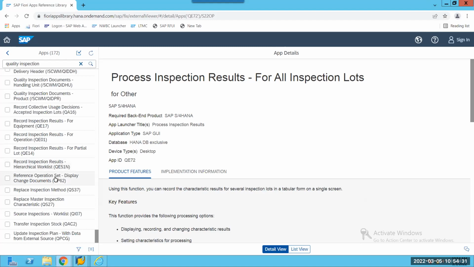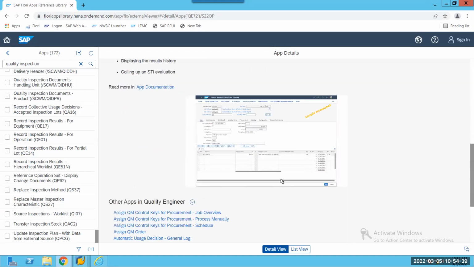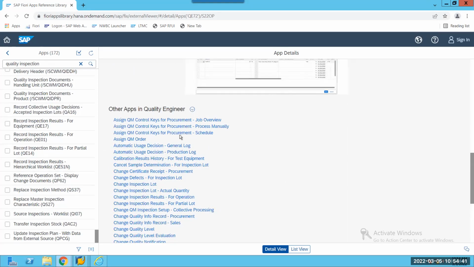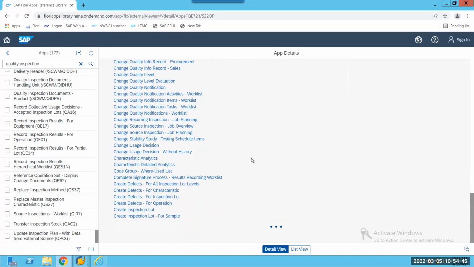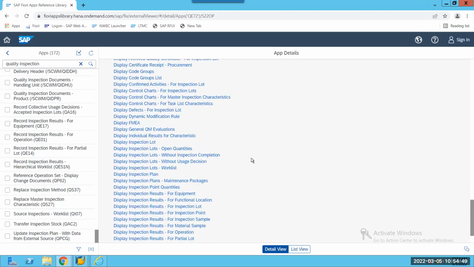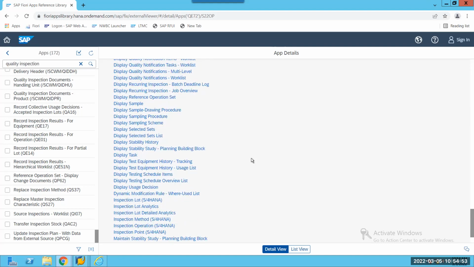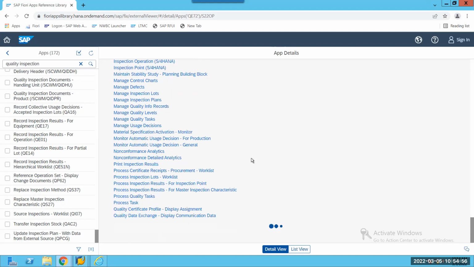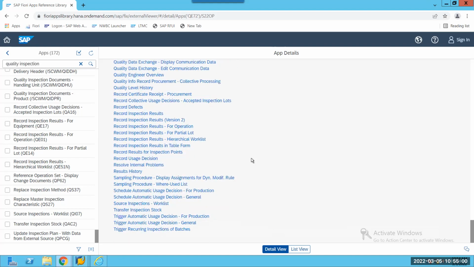Replace master inspection. Update inspection plan with the data from all inspection lots. Okay. Quality engineer. Everything is here. Many transactions are there here.